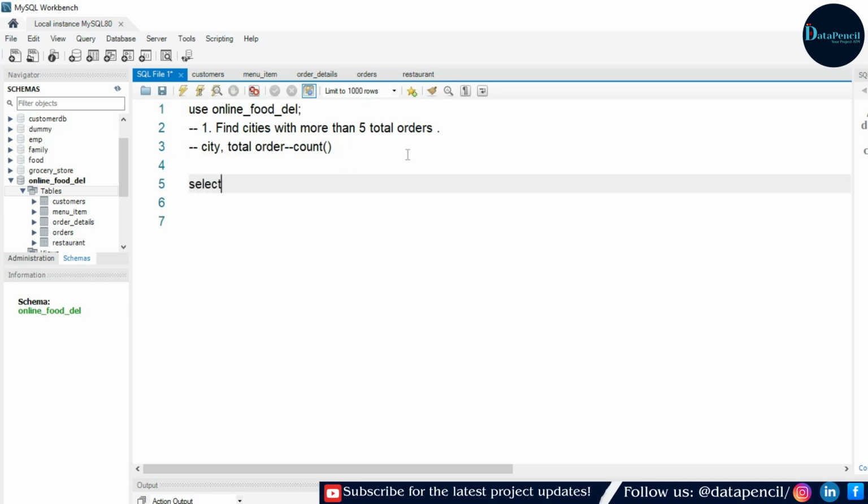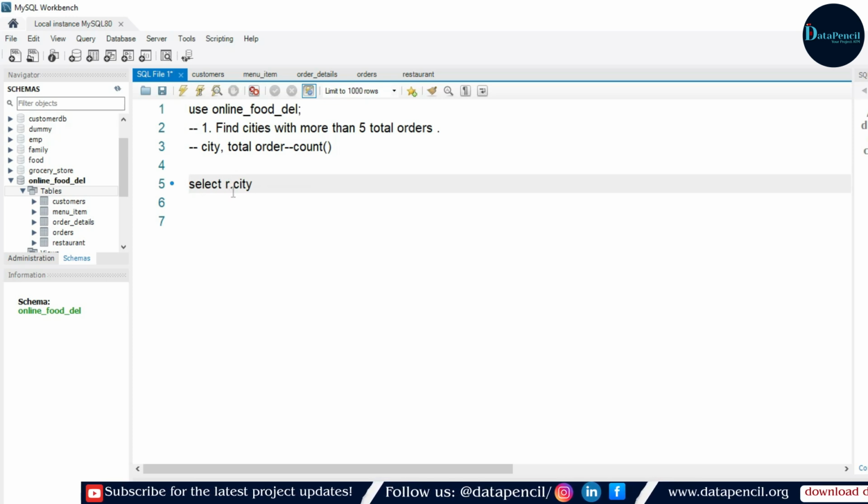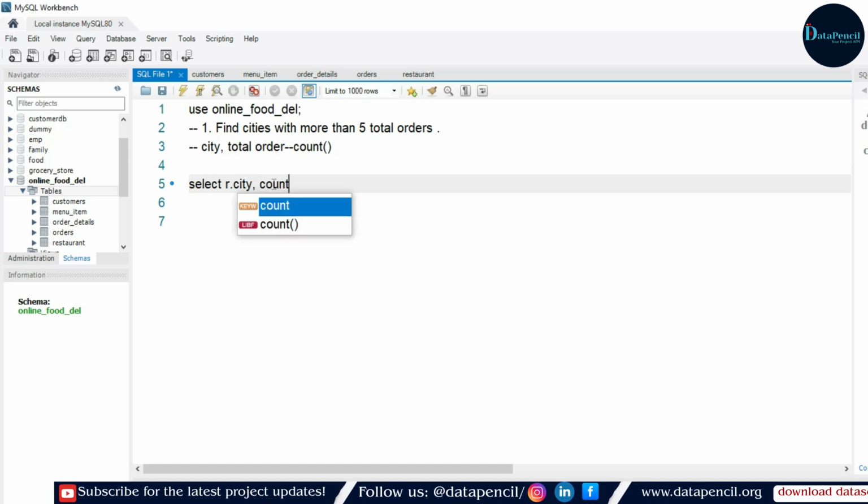First of all we need to select city, and as both columns are in different tables, we need to mention the names of their respective tables as well. So how to mention it? Suppose this city exists in the restaurants table, so we write r dot city, where r is the alias, the nickname of the restaurants table. R dot city, comma, then we have to use this count function.